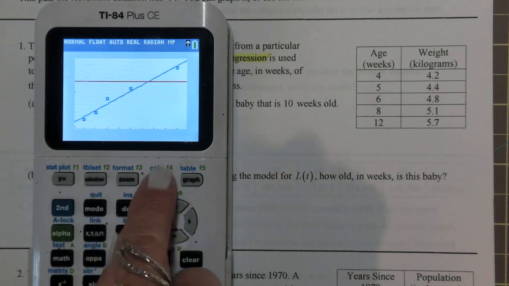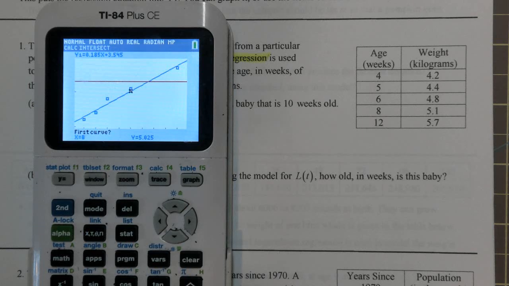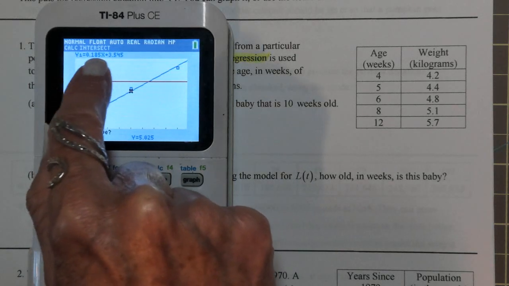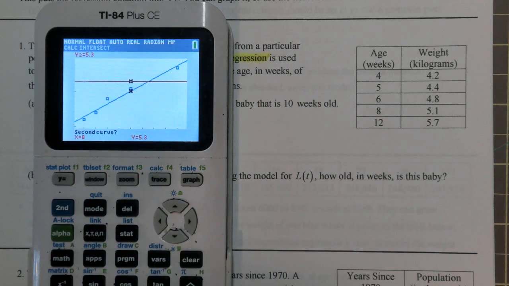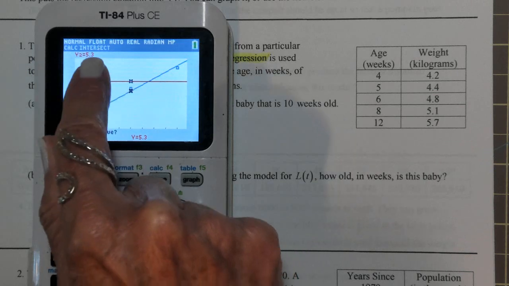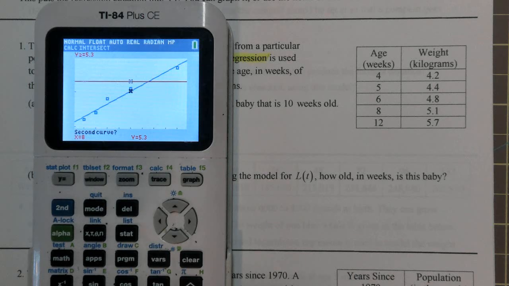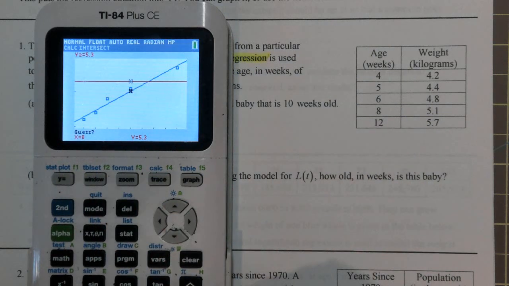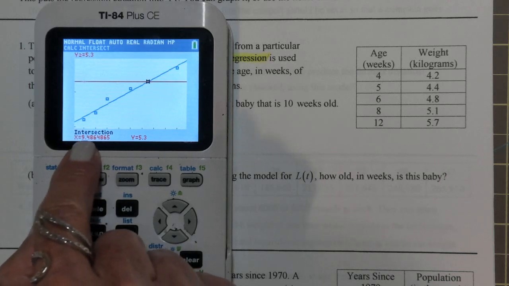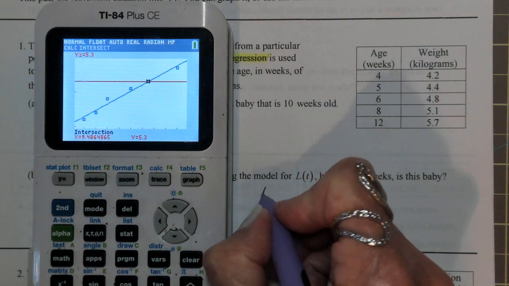All I need to do now is to find out where those intersect. So second calc 5 for intersect. Enter on the first, if I hit enter now, it'll make it the L of t regression model. If I hit enter now, it'll use y sub 2, that 5.3, and now it's asking me for a guess, and I'm just going to hit enter again because there's only one intersection here. There's the weeks, there's the weight. So at t is equal to